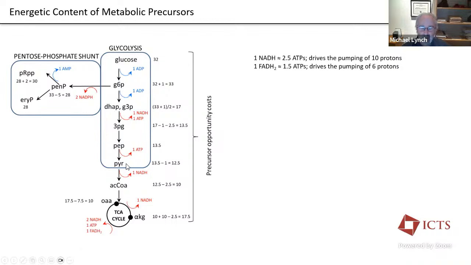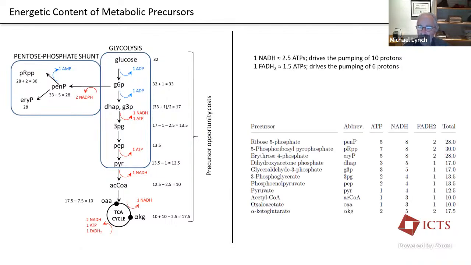But the main point here is that we really understand what's going on in making all these precursors as we go down this table. And this will become important because these end up being the precursors used to make different amino acids and so on. These guys over here on the pentose phosphate shunt, these precursors are used in the production of nucleotides. You can see there's NADHs and sometimes FADHs are used, but we can convert those to ATP equivalents with these sort of benchmark estimates here coming from basic biochemistry.